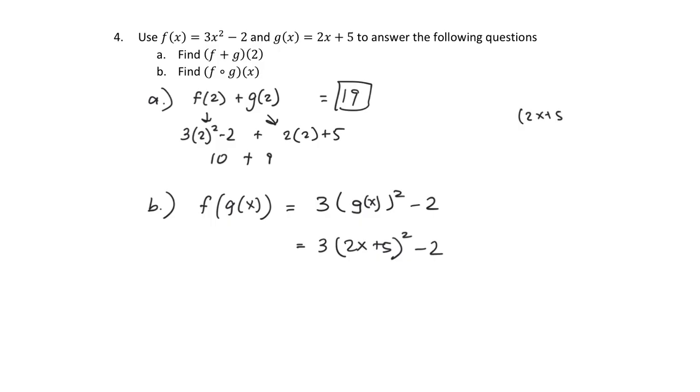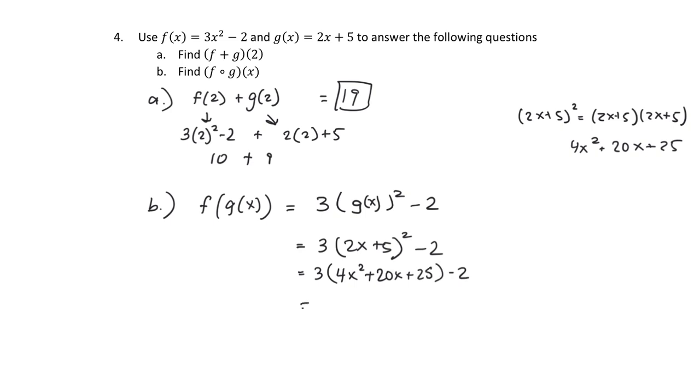I'm just going to write that up here. Remember, that's equal to 2x plus 5 multiplied by another 2x plus 5. When you distribute those together, you're going to get 4x squared. And then you're going to have a 10x and another 10x, so that's 20x, and then plus 25. So we have 3 times 4x squared plus 20x plus 25 minus 2. So that's 12x squared plus 60x plus 75 minus 2. So final answer, combining like terms,